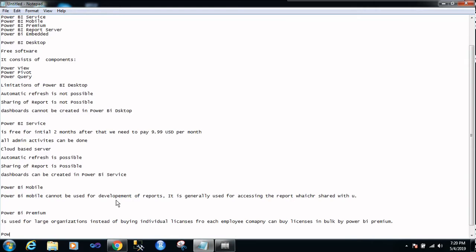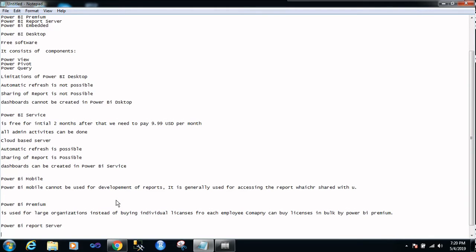Next one is Power BI Report Server. This is an on-premises server. We can build the reports on on-premises servers, and whenever we want, we can get those reports to the cloud and share them with anyone.